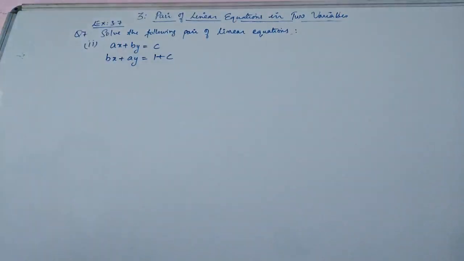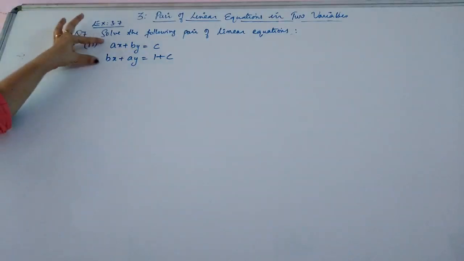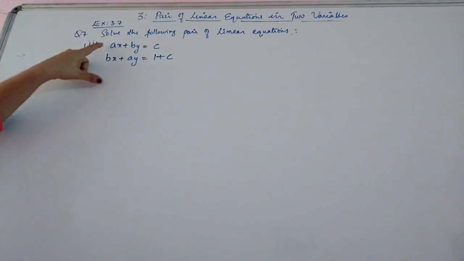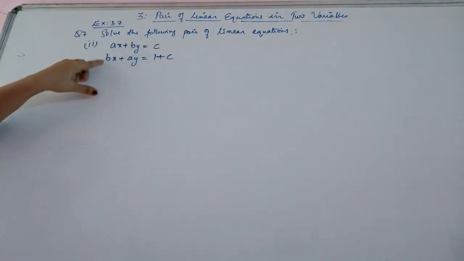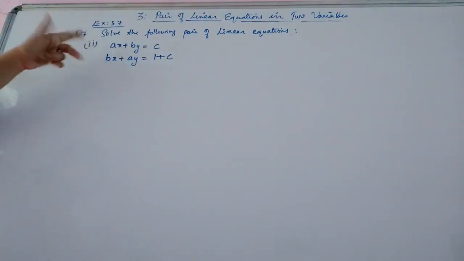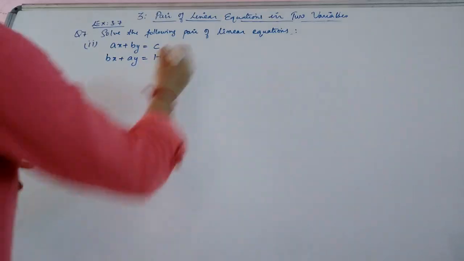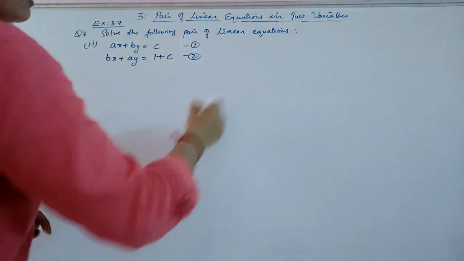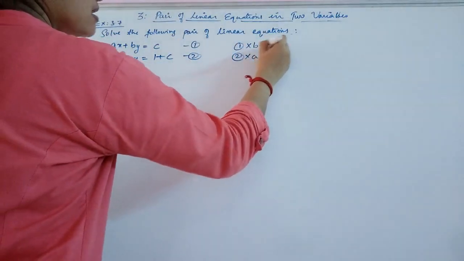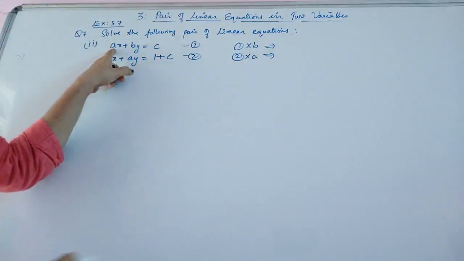Second subdivision of question number 7: ax plus by equal to c and bx plus ay equal to 1 plus c. Here again we are making the coefficient of one of the variables equal. For that we are just multiplying the first equation with either a or b and the second equation with the other one. That means if I am multiplying the first equation with b, then I have to multiply the second equation with a, or else the other way. Okay. So this is your first equation, second equation. Now I am multiplying the first equation with b and the second equation with a,